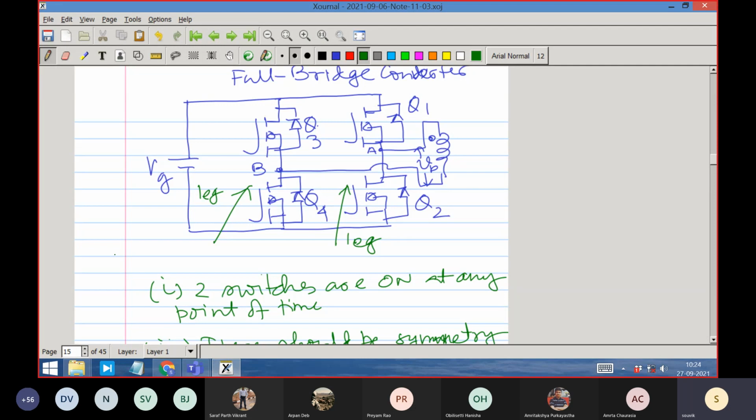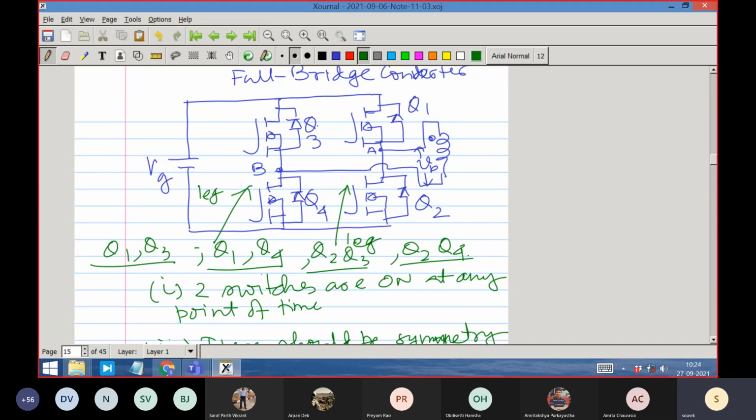So then I can switch on Q1, and at the moment I have switched on Q1, Q2 cannot be switched on. Q1 and Q3 I can switch on, one combination. I can switch on Q1 and Q4, one combination. I can switch on similarly Q2 and Q3, one combination, and Q2 and Q4, another combination. This is the freedom I have. I don't have the freedom to do any other form of switching, and I will exploit this freedom completely, because